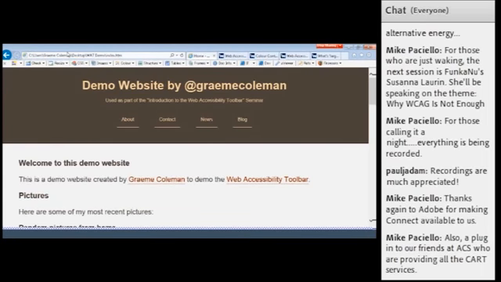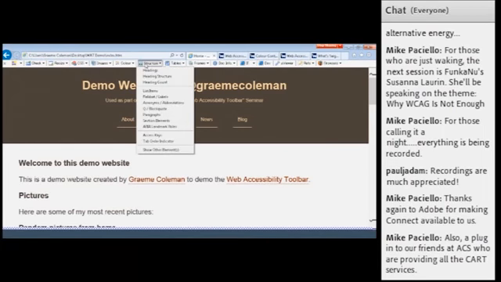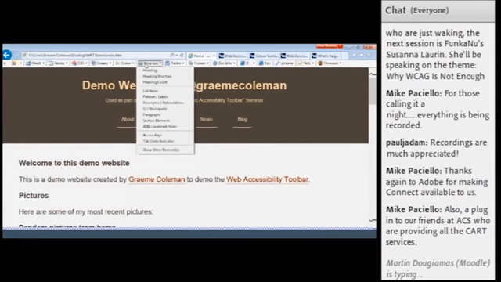The ID attribute for the related form component, a text box in this instance, has been given the same attribute value of first name. So that's something you want to look at as well: make sure that the for and the ID attribute values match. Also, for checking groups of controls, such as groups of radio buttons, check that the fieldset and legend elements are being used appropriately.